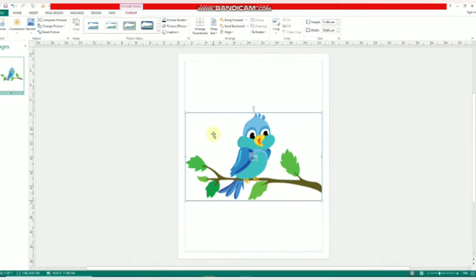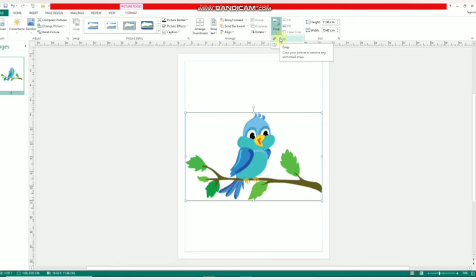Now we will learn how to crop a picture. You can crop a picture even to a specific shape and remove its unwanted portions. So, if we want to remove an unwanted portion of this picture, then we have to crop the picture. First, on the Format tab under Picture Tools, click the drop-down menu arrow of the Crop button in the Crop gallery. You can see here this is the Crop option. So click on the drop-down menu here. Now select Crop to Shape.